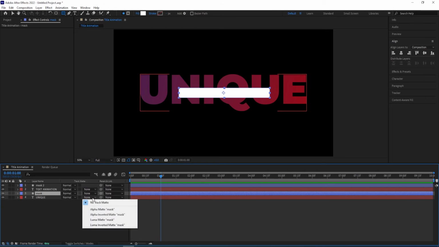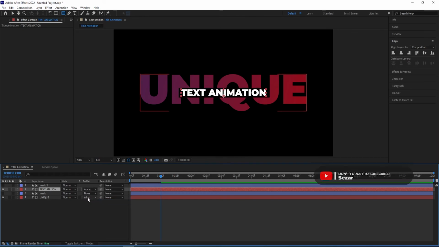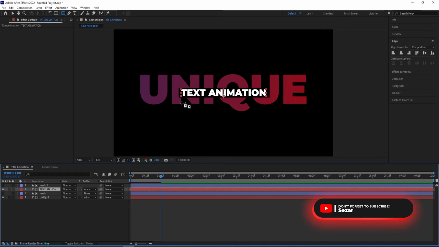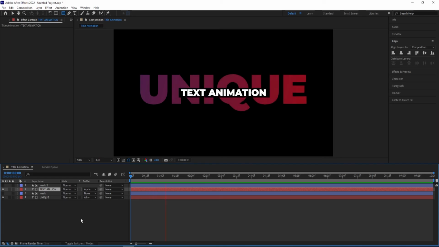For the first one, we change the track matte to alpha inverted. And then for the second one, we change it to alpha matte. So because we used alpha inverted, we get this type of cut effect on the text. And with alpha matte, we have this mask for the second text. So when we have a look at it, this is the type of animation we get, and we can move